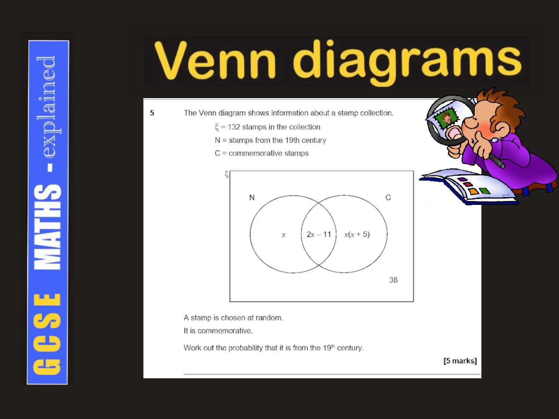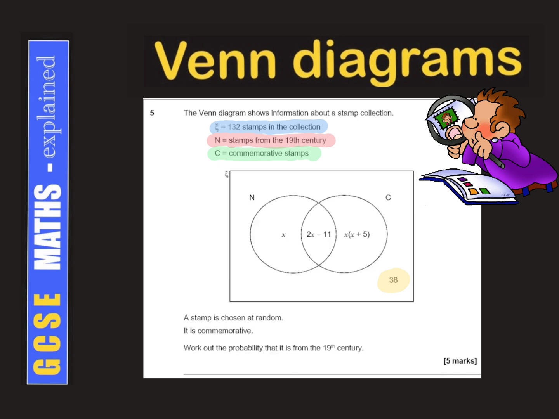This Venn diagram shows information about a stamp collection, and it tells us that there are 132 stamps in the collection. N represents the stamps from the 19th century, and C represents the commemorative stamps. The Venn diagram itself tells us that 38 of them are not from the 19th century and they are not commemorative